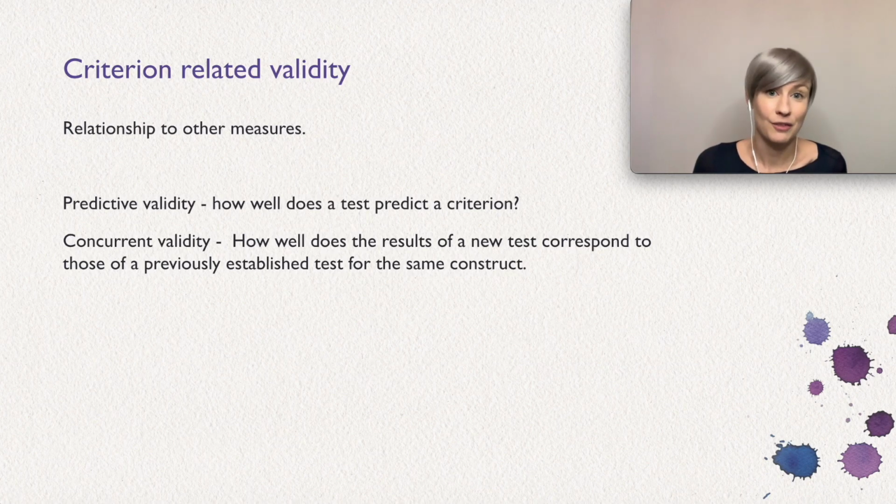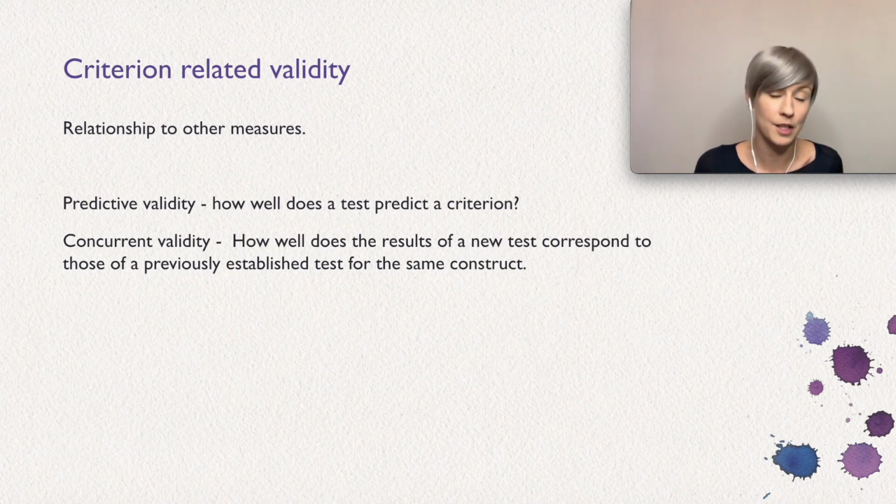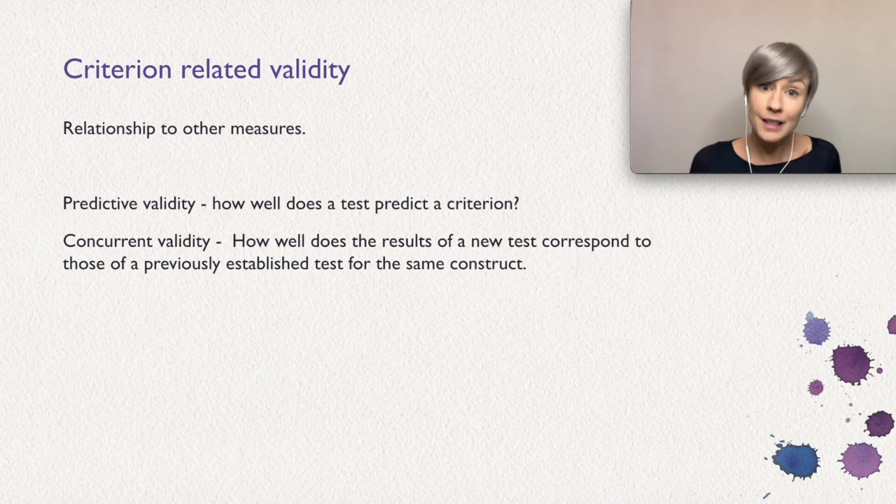Then we have criterion-related validity. So this is relationship to other measures, where the first part of this is predictive validity. So how well does a test predict a criterion? You do a test to get into college. And this test is supposed to predict which students will be able to make it through college and how well they will do. Then this needs to be compared to the criterion, aka how well did it actually go for